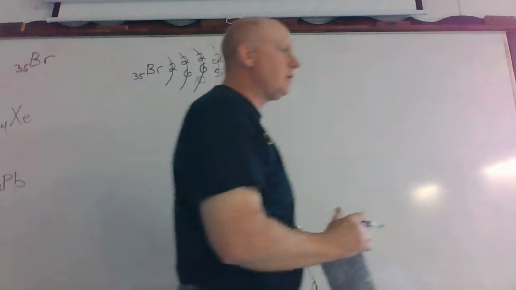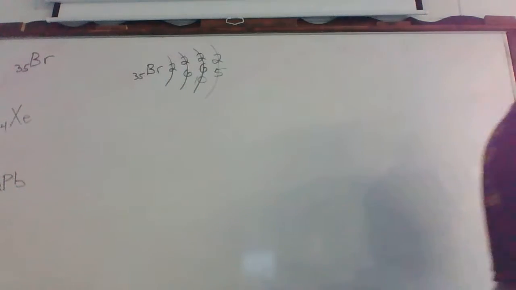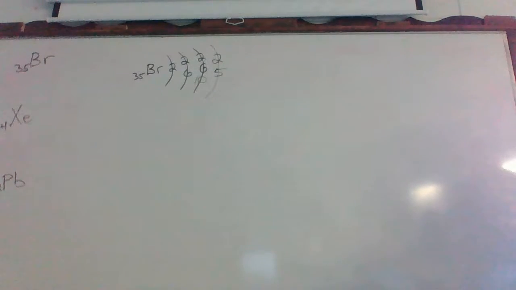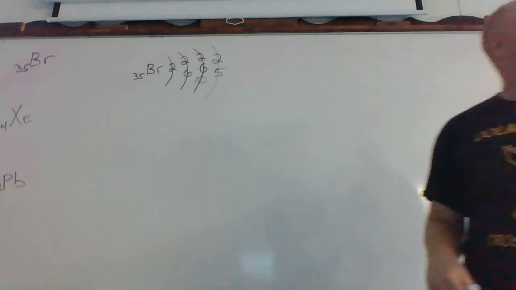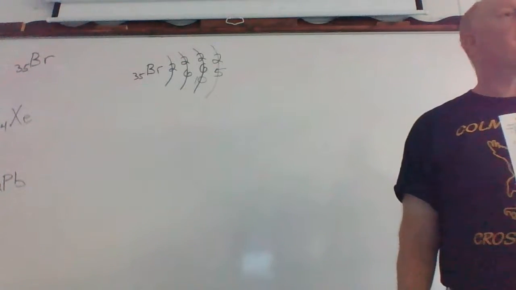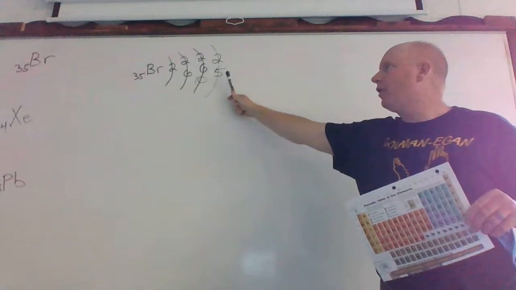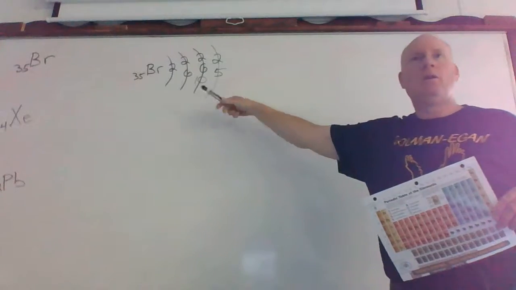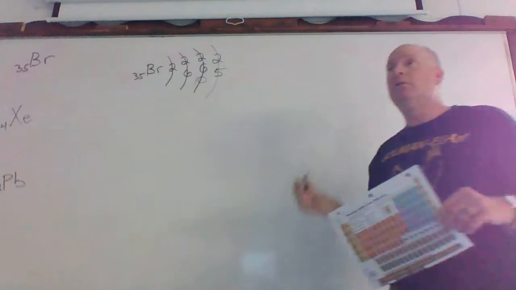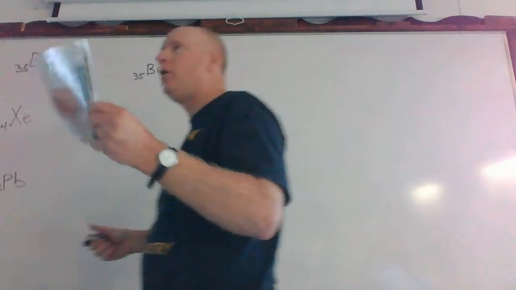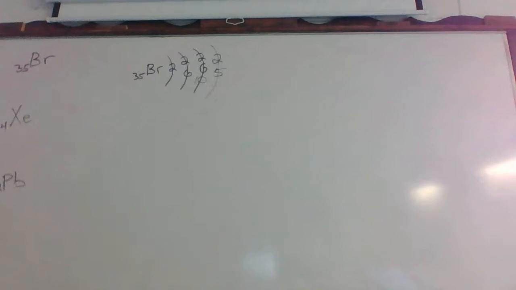And notice what happens when you take 2 and 5 and add them together. What do you get? 2 and 5 added together, you get 7. Okay? So that tells you what column bromine is in, the 7th column. This also tells you what column it's in. All right? So a couple things that we can do to help this periodic table also helps you with is